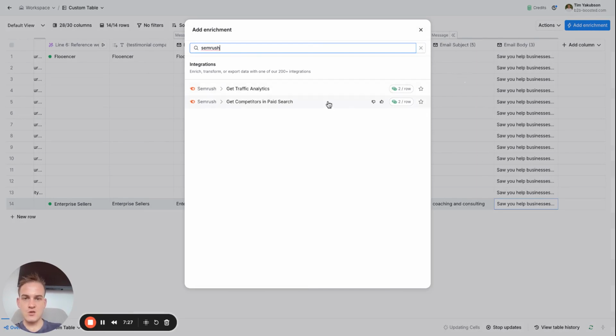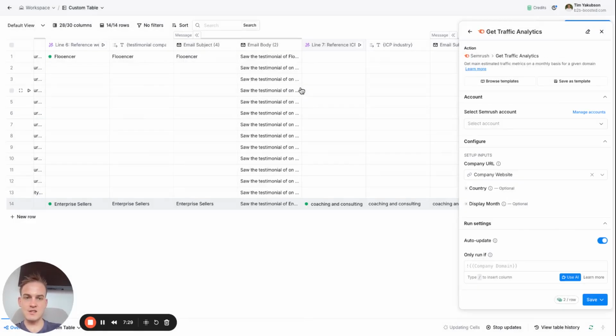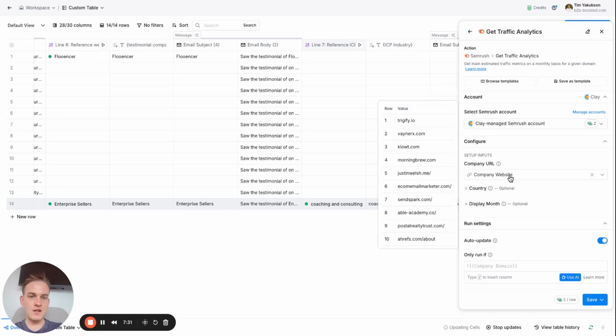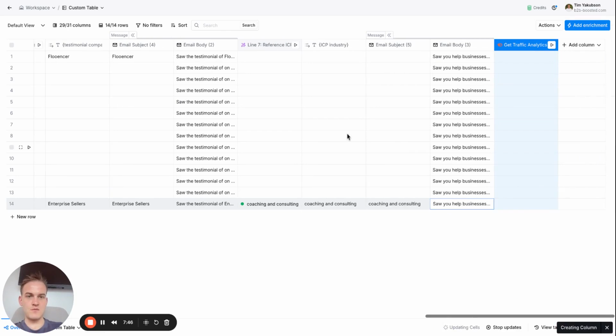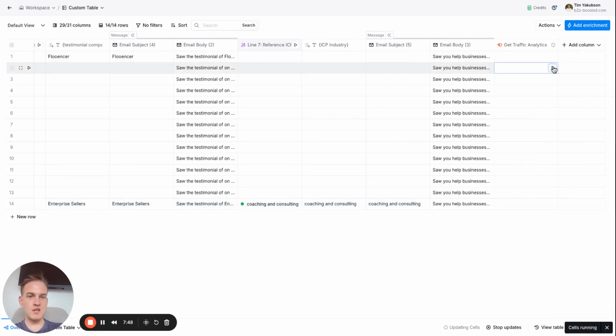And then you will click on Get Traffic Analytics. In this case, you're going to type in the company website and the month that you want to select. I'm just going to do the first month of 2024, or let's say last December. Then we can just run it for a couple of companies and see what the